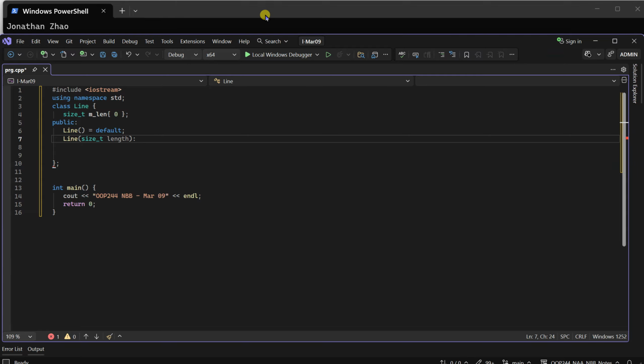And that length, I did not show you this. I did not show you the syntax. I can initialize the values inside a class in the initialization area. So now in here,